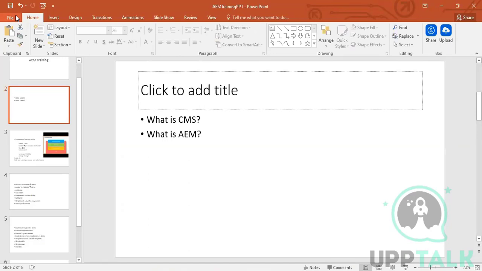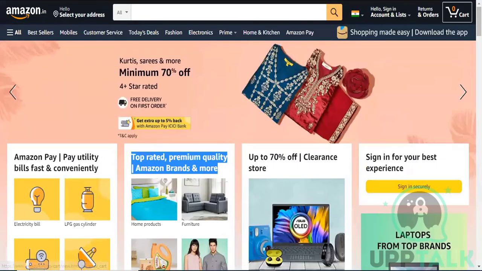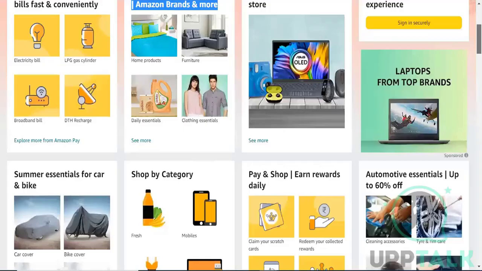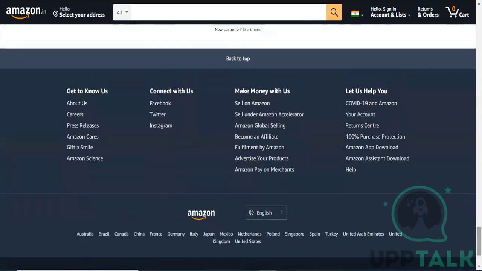Of course, the concept is that templates basically define an initial look and feel of your page. In most websites, like if I open the Amazon website here, you see it has a header, this whole header where the image is there and all those navigation and search, plus it also has the footer. So all the pages of that website would have the same look and feel. Of course, the header and footer are going to remain the same on all the pages.